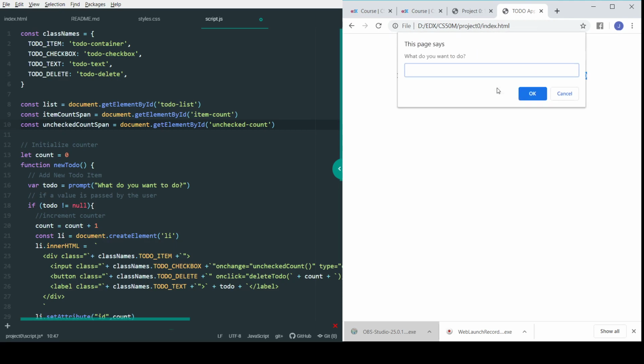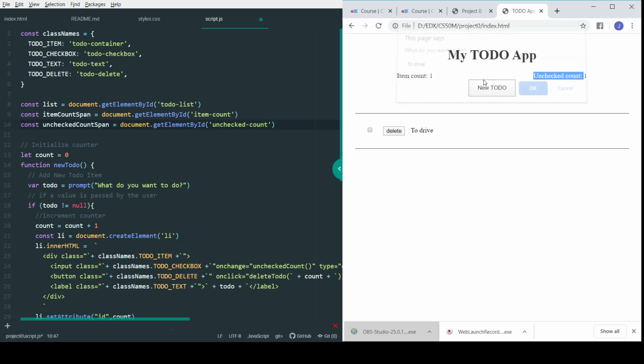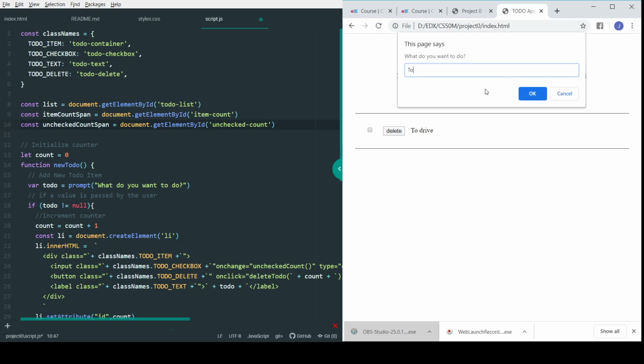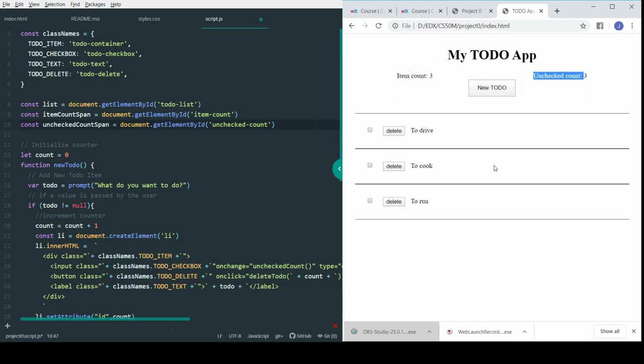And to show you a demo, it looks like this. So if I add an item here, to drive, for example, to cook and to run, you see that all of these items are now added and it has this checkbox and delete button. So you see that the item count is updated and unchecked count is 3. If I check one item, this unchecked count is 2. It's decremented. And if I delete this, the unchecked count is updated to 2 and the item count is now